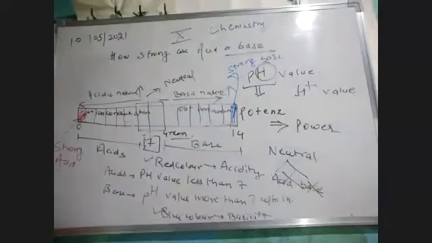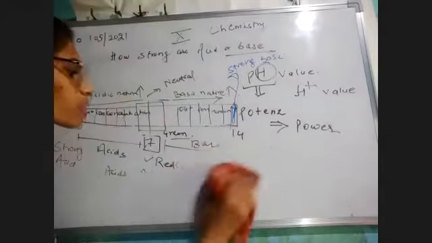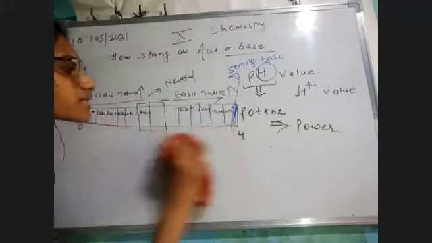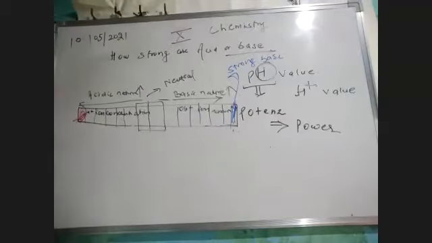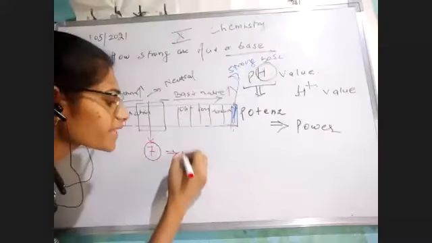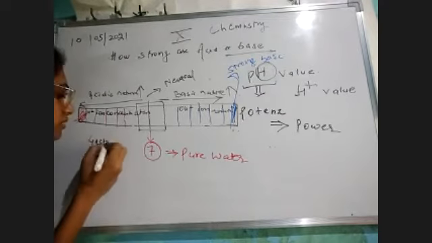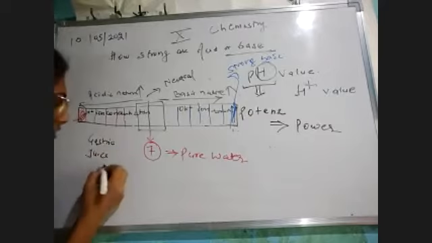Now, let me show some examples to you, let's wrap up this topic. On the basis of acidity as well as basicity, since I have told you that we have the universal indicator, we have some colors. When we have pH value 7, that means we have pure water. The pure water must have a color almost equal to green. On the same basis, if I'm talking about gastric juice or lemon juice,